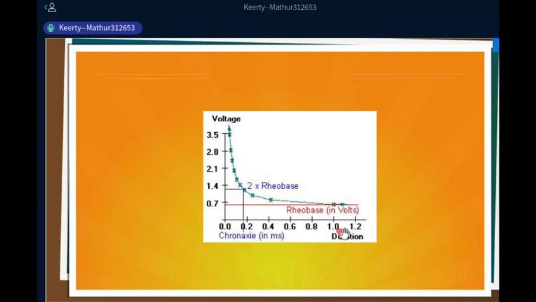So we will see this graph. We have started with the maximum duration, and at this maximum duration, for example in this graph it is 1.2 milliseconds, and corresponding to this maximum duration we got the minimal perceptible voltage of 0.7 millivolts. Then as we gradually decrease the duration, this graph starts rising towards the left. So this is the characteristic graph of a normally innervated muscle.